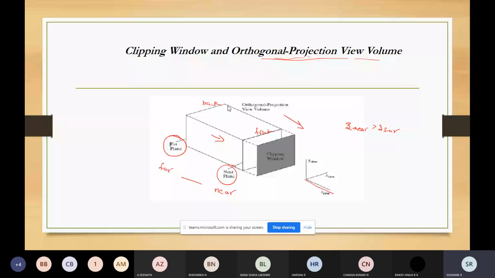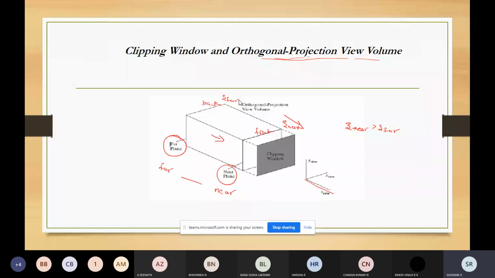This is z near, and this is z far, so that the far plane will be very far away along the negative z axis. All the support is provided by the graphics libraries with these two planes as options.